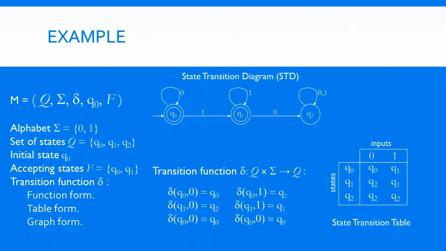So now just concentrate. These 5 components, if you collect them, the first one is what? Q is what? Set of states. In this example, suppose this is one example, how many states have I taken? Three states: Q0, Q1 and Q2. You can check. Q is equal to {Q0, Q1, Q2}.